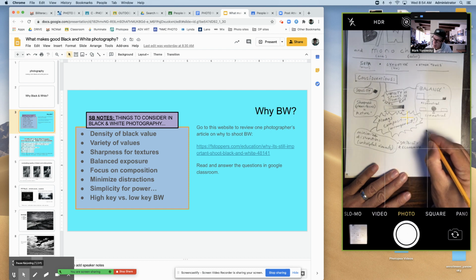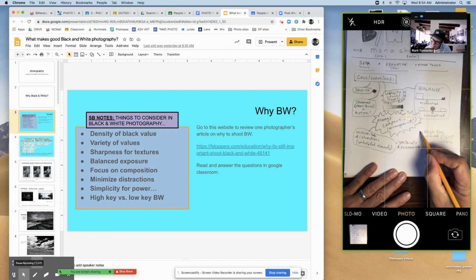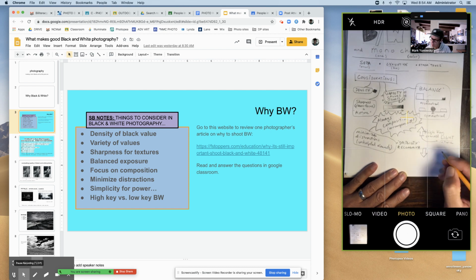And so a high key photo is one that is overall light in tone. Okay, so high key is light. Okay, and low key doesn't mean like calm, it means dark in black and white photography. So it's like you're tuning the photo in to an overall light value range or overall dark. Okay, and